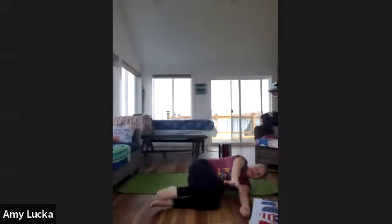Exhale, lowering to the left. Trying to keep both shoulders flat on the floor, palms facing down. Inhale, back up. Exhale to the right. Inhale to the center. Exhale to the left. This time staying here, bringing your right arm across the midline of the body to find yourself kind of in,